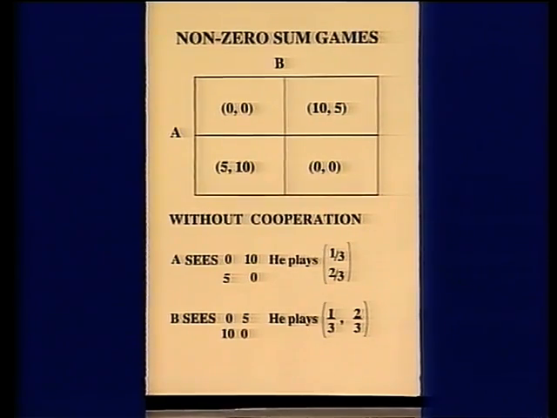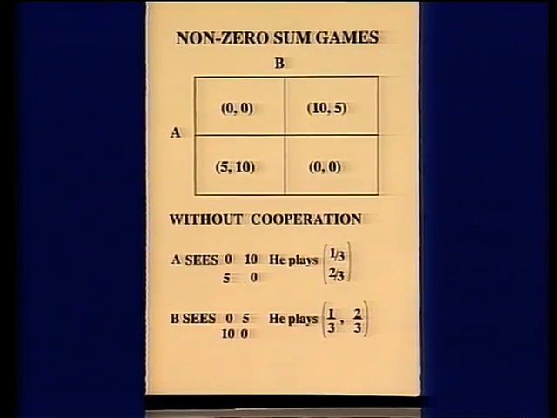Why don't they cooperate then? Why doesn't one player who gets the 10 agree to share half the difference with the other? Now, if they're both greedy, and again you go back to the table, you will see that A's chance of winning 10 occurs by him playing his first strategy. So if he's greedy, that's what he'll do, all the time. B, being greedy, wants the second coordinate to be 10, and he plays his first strategy all the time as well. So where do we end up?